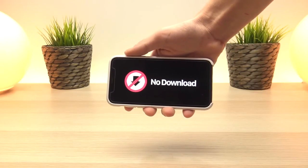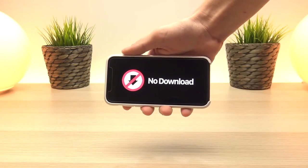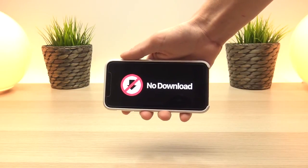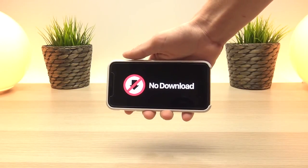There's already a ton of fake YouTube channels and websites mimicking KeenLab's logo and name in an attempt to gain ad revenue or install malicious software onto your device. So be aware of what site you're on and only pay attention to sources that report on official jailbreak information. If you want to stay updated on KeenLab